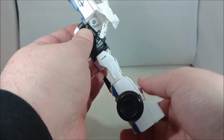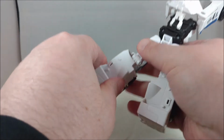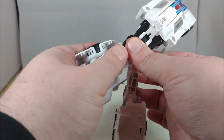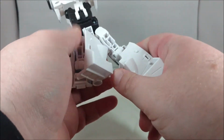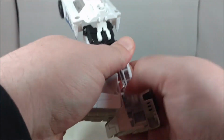Go ahead, get this out of the way for now. Separate the legs, and you're going to fold them up for what would be car mode. And just bring it in, just like so. Close the panel up. You kind of have to do it one at a time to make sure you have